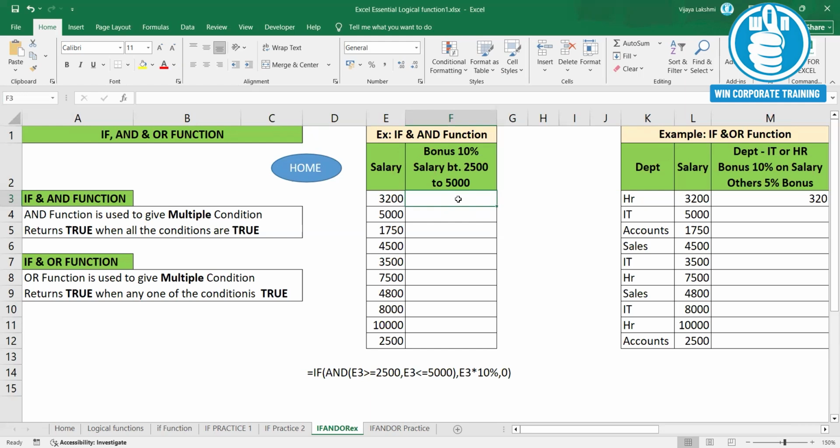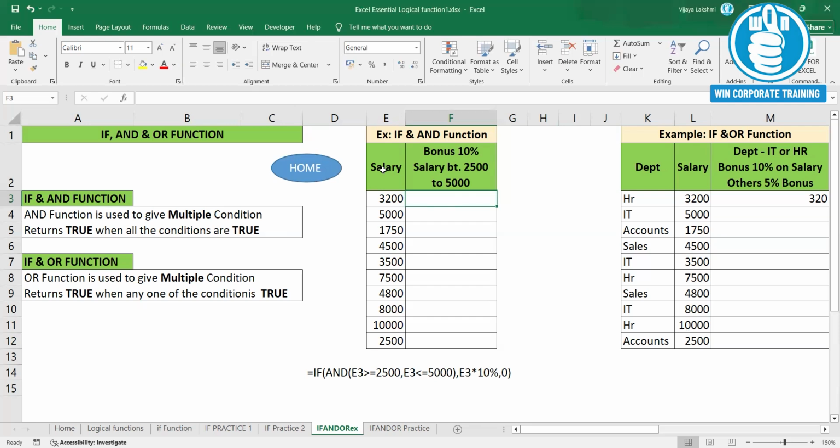So what exactly will the AND function do? Using AND function, we can give multiple conditions. When all the conditions are true, AND function will give the output as true. Otherwise, AND function will give the output as false.